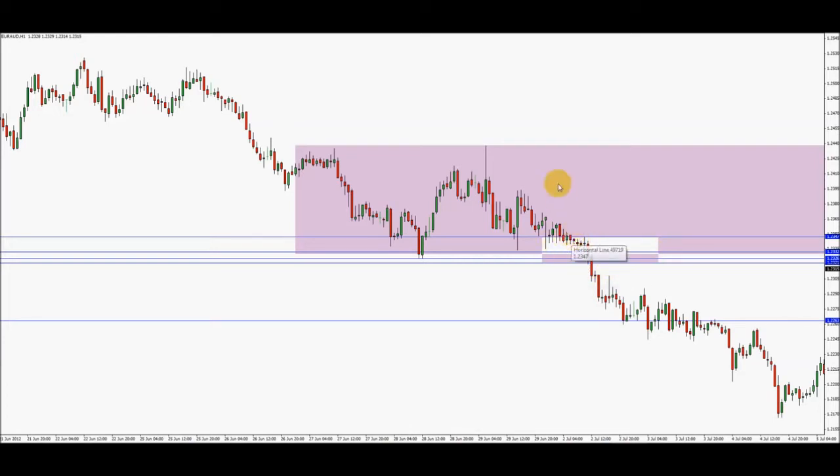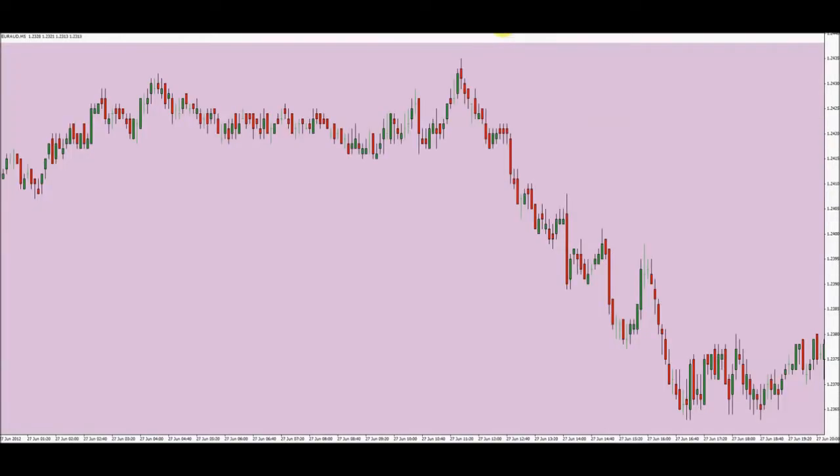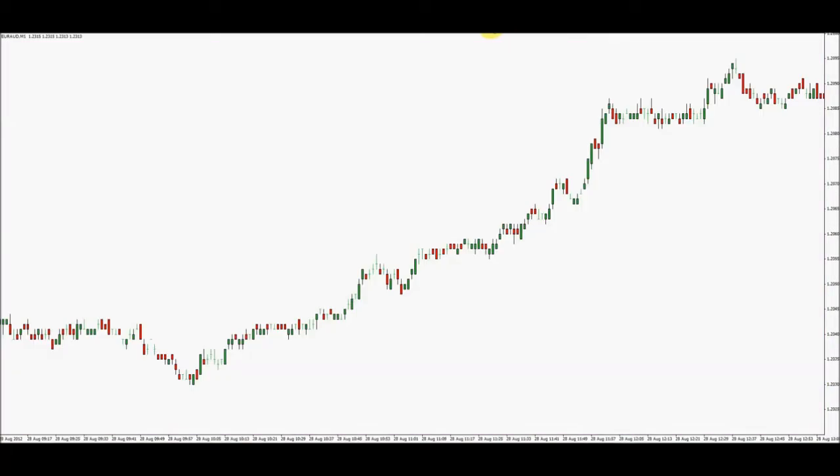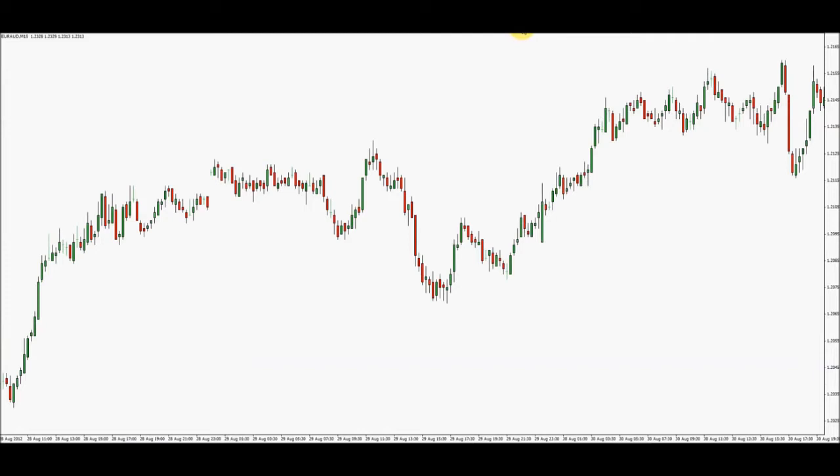So to recap, we've gone from having this overall zone here, and now we're looking at this, zooming in. We're on 1 hour time frame, looking at this zone here. If I zoom into 5 minute, 5 to 15 minutes is really as far as you can go. If you go into 1 minute, you can see it starts getting a bit too choppy to make sense of. So if I look at 15-minute first,